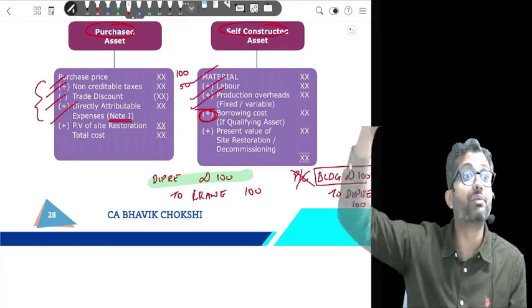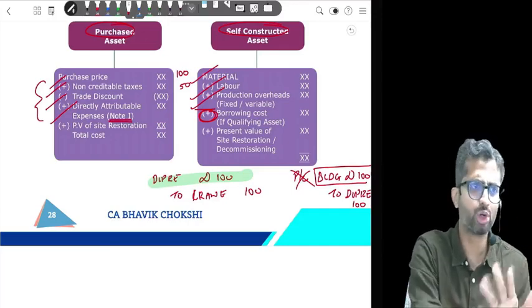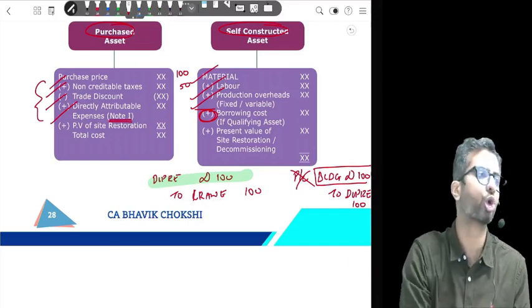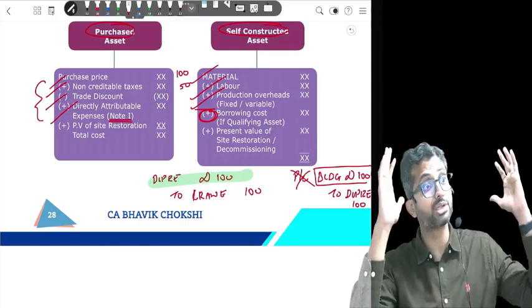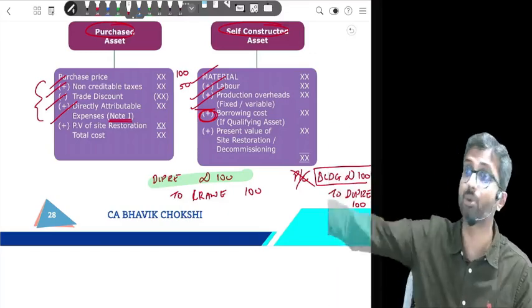But generally interest cost should never be capitalized, and hence we will say that the matching concept will be impacted only if it is a 2-year, 3-year, 4-year asset. For a short-term asset, interest cost should go to P&L only. But for assets which take a long life, the matching concept may be disturbed, and hence a separate standard was needed.